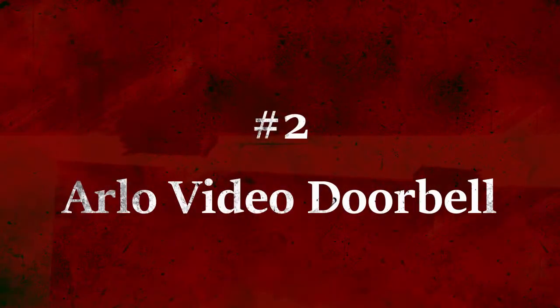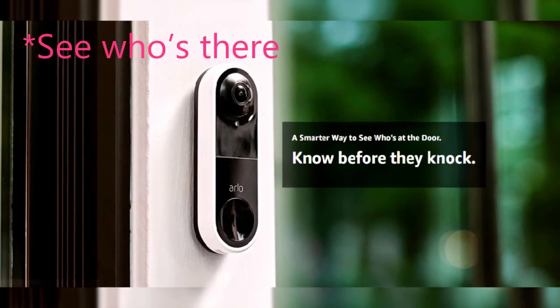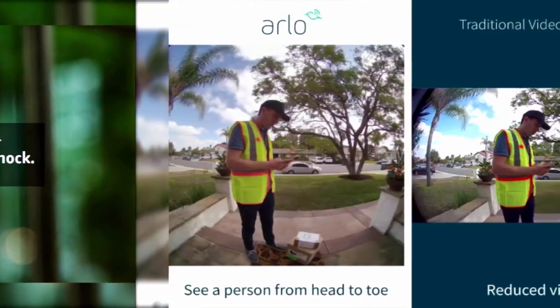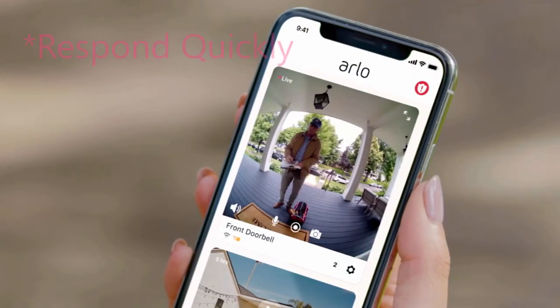On number 2, Arlo Video Doorbell. Arlo is a smarter way to see who's at the door even at night with the night vision. See a person from head to toe or a package on the ground with 180-degree viewing angle. Hear and speak to visitors at your door with clear two-way audio and respond with pre-recorded quick reply messages when